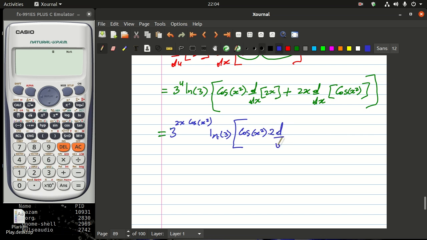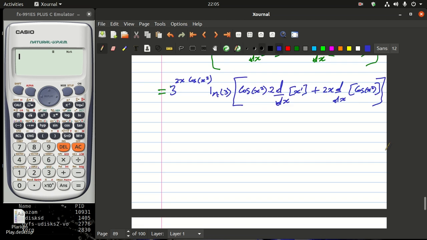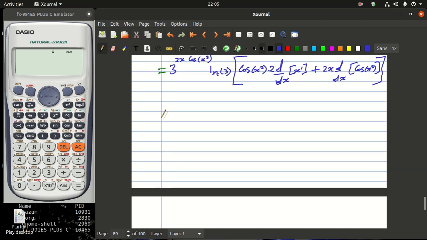times dx of x. So x is the same as x to the power 1, and then plus 2x times dx of cosine of x squared. I'm not doing anything here. We'll let you know later why am I not doing anything. So this whole thing here is going to be 3 raised to 2x times cosine of x squared times